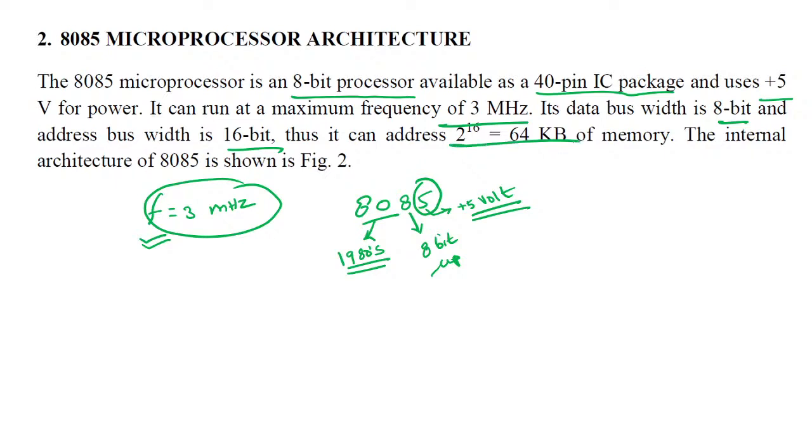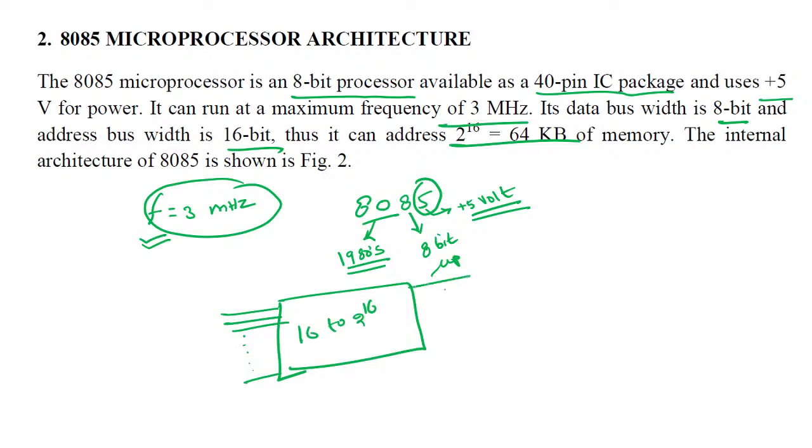Okay, because if you have a 16-bit address, what you can do is you can have a 16 to 2 to the power 16 decoder. Like this, you can have a 16 to 2 to the power 16 decoder, and each of the 2 to the power 16 lines can be connected to one memory location. Okay, each of the output lines can be connected to one memory location. So total you can have 2 to the power 16 memory locations, and each location will be